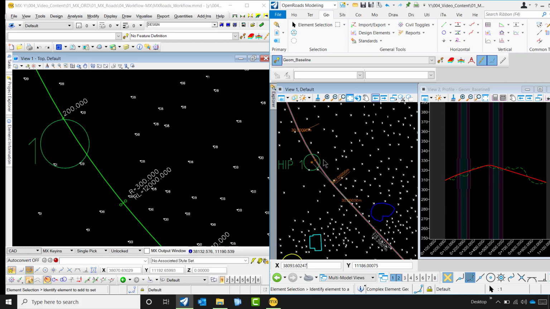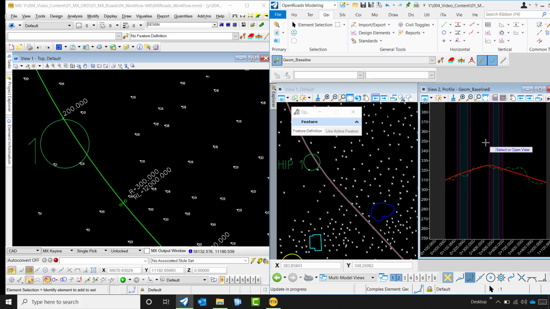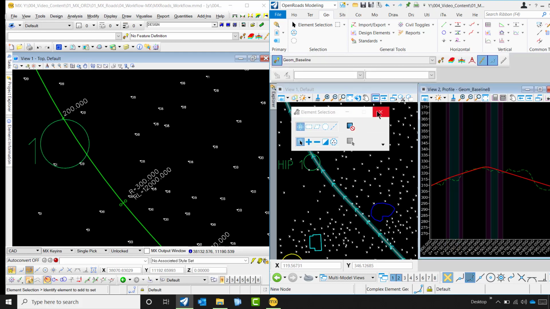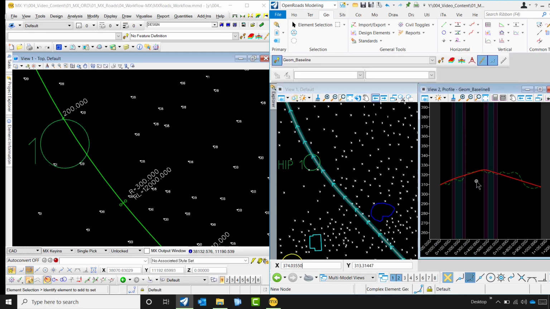Since I changed my radius, where you see this portion, I could simply come over here again and refresh this. So that will update even the horizontal curve radius length in the vertical profiles. So I need not delete the vertical profile and recreate it like I did in MX Roads.